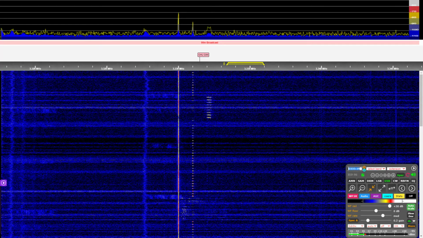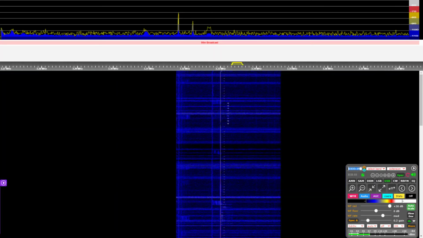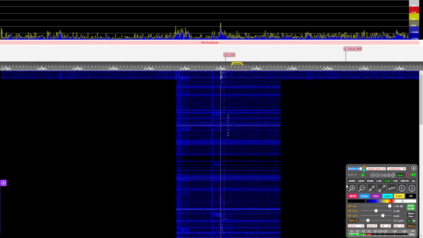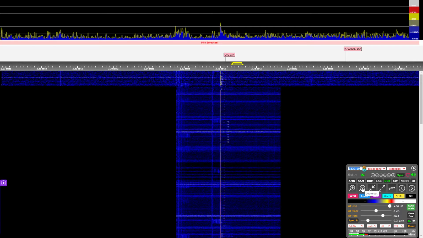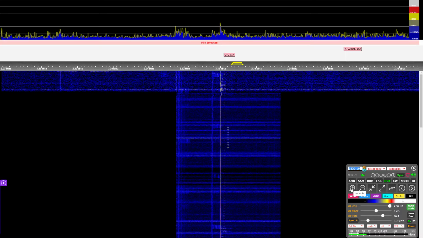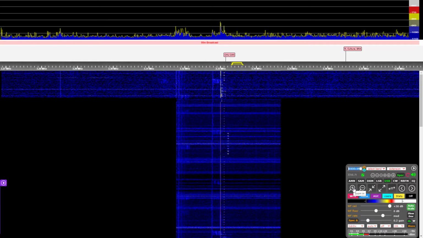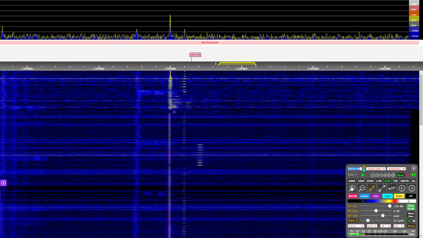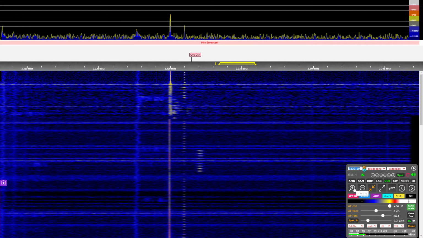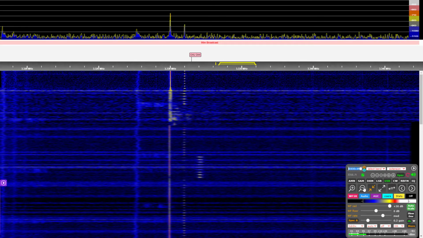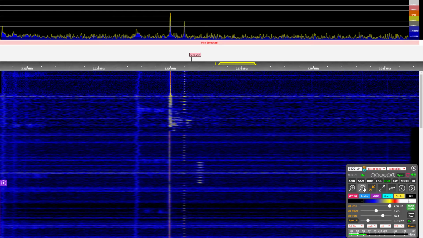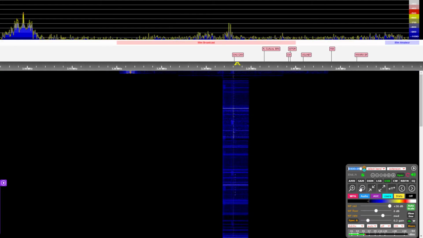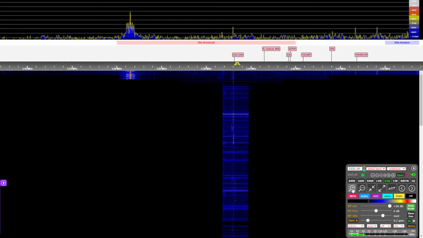Also, if you don't want to use the scroll wheel, like if your finger's super tired and you can't do it, you can also use the in-out button. So I'm going to zoom in, just clicking the magnifying plus glass, and you can see that it's zooming in and it's zooming out, just like that.